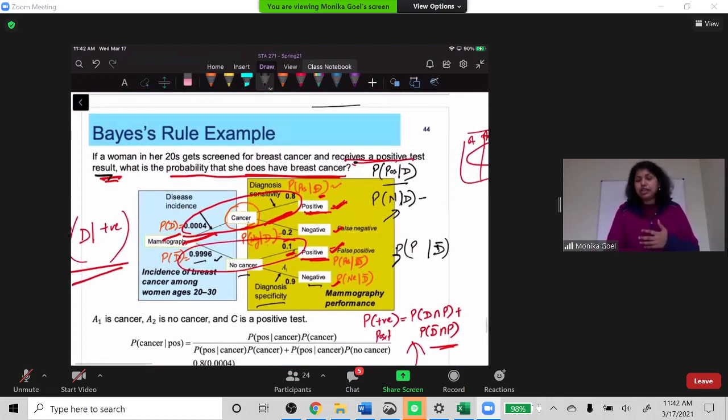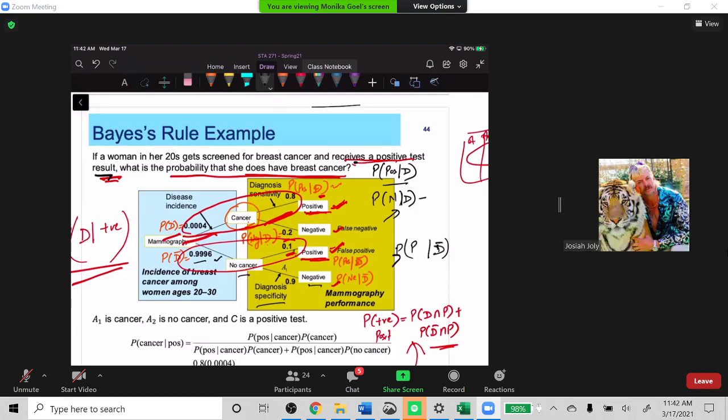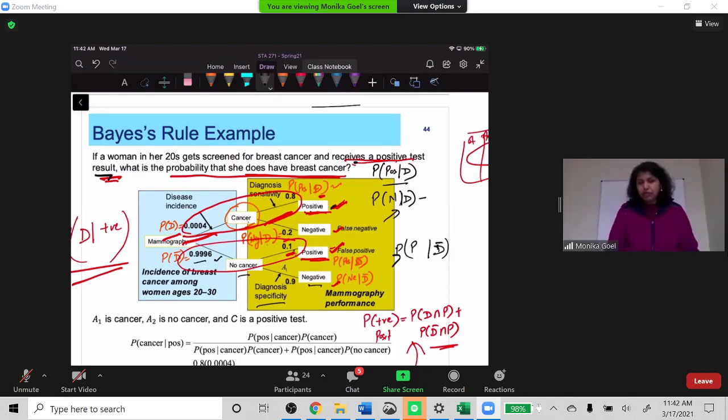So given that the test is positive and she has a disease, you need to look for how many cases the test comes out to be positive. Okay. So it can be positive and then false positive. Yes. So it can be positive and false positive. So that's the extra part we are doing now. So now we have the given probability, and it's not saying just that the test is positive given that there is a disease. It's just saying what is the probability that the test comes out to be positive and she has a disease.